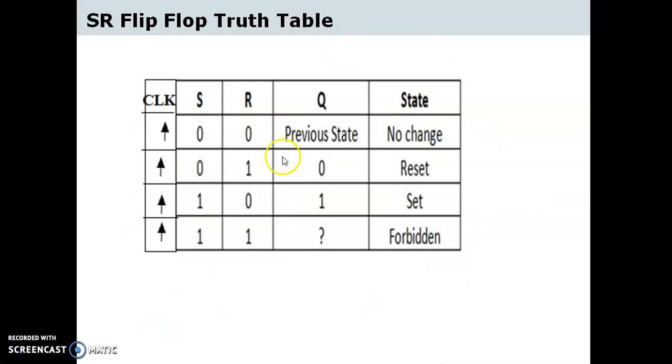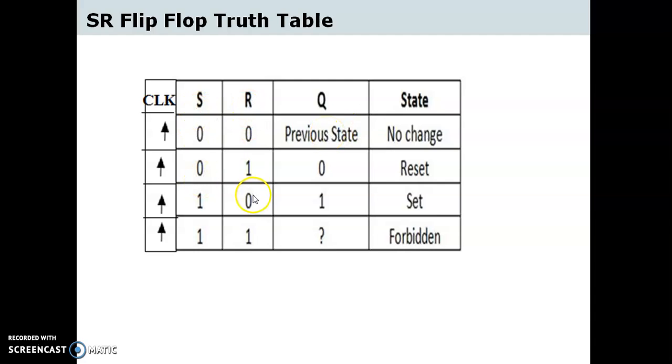Now see the entire truth table, that is S and R as two inputs. There will be 4 possible combinations. So these are the 4 possible combinations. Along with that, this clock is there, right? So this is upward direction. That means it is a positive edge-trigger clock. You may take a negative edge-trigger clock. So for each condition we already discussed in detail. For S equal to 0, R equal to 0, there will not be any change in the output. Whatever the previous state, it will continue to remain.